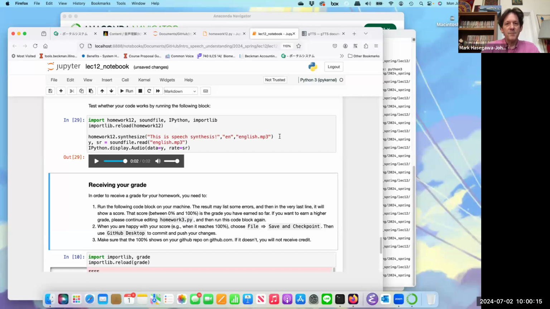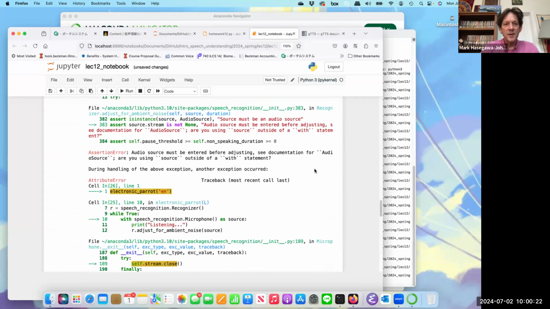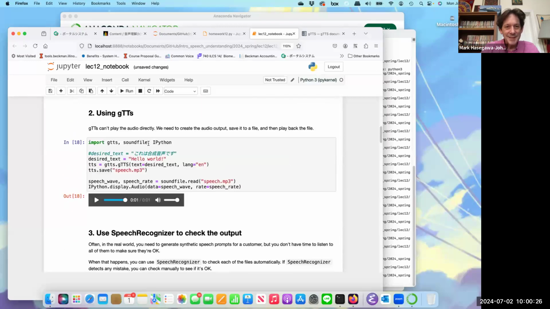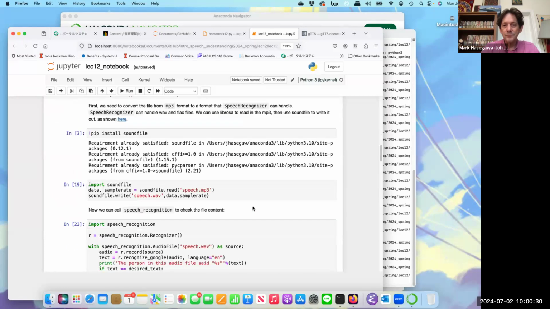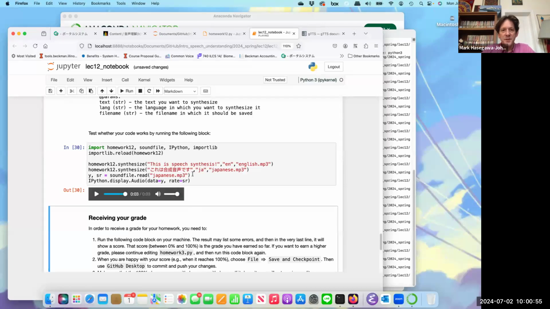Or we could try Japanese: これは合成音声です。 So basically, we're taking the GTTS speech synthesizer and we're encapsulating it in our own function called synthesize that we can use now with just one line of code instead of two lines of code. So it's not a big difference, but it's a little bit of a difference.